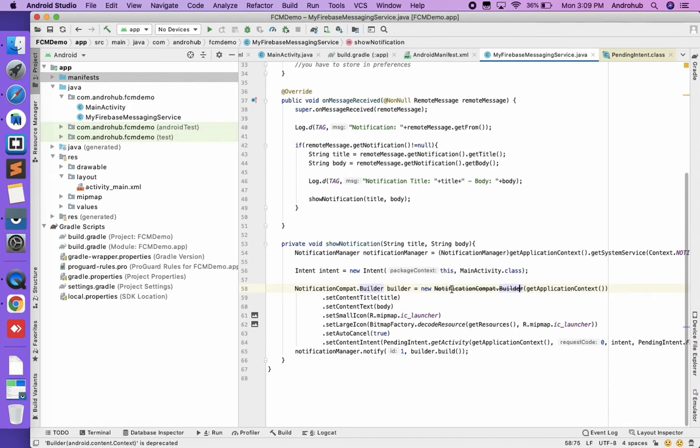So let me give you a simple example. If you're working on an e-commerce application, there you will have promotional kinds of notifications, like you want to send a notification to the customers. For that kind of notification, you are going to create one channel so that the user can enable or disable it, and you'll have another channel which will be used to send the order updates, like the order is dispatched, or anything related to the order. So you have created two channels.